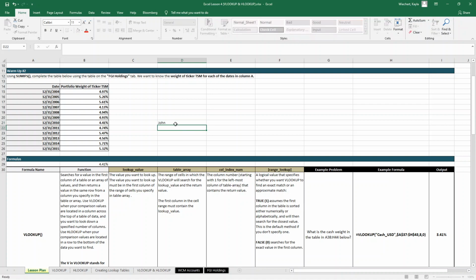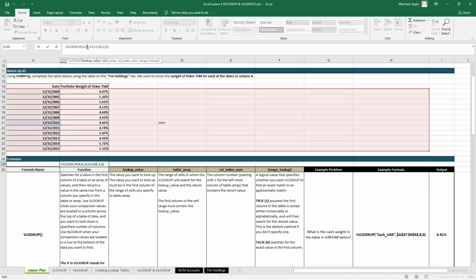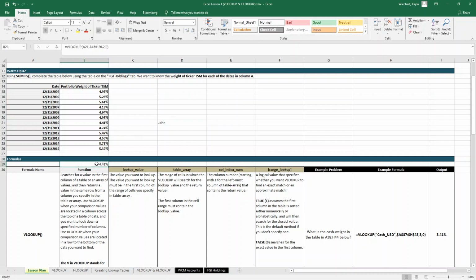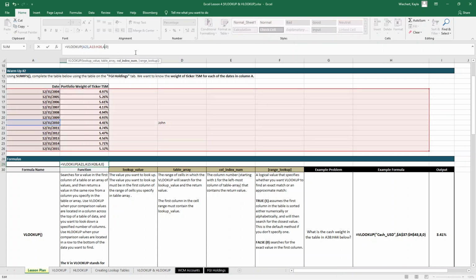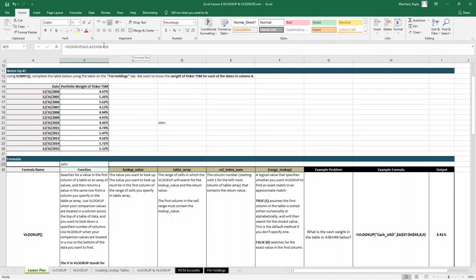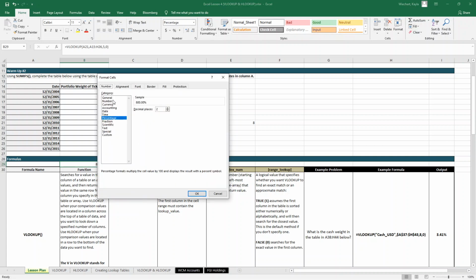Now if I put, let's just say I put the word John in here. It doesn't have to be a number. So in this case, if I want to look up John and I know I'm looking up 12/31/10, instead of going over 2 for the weight, I need to go over 4. 3, 4. So if I change this 2 to a 4, I will get John. If I change it to a 5, I get nothing, which is what's in this cell. It shows the value as a 0, but there's really nothing in it. If I put 8 in it, it'll show it as an 800%. Percent's weird, but